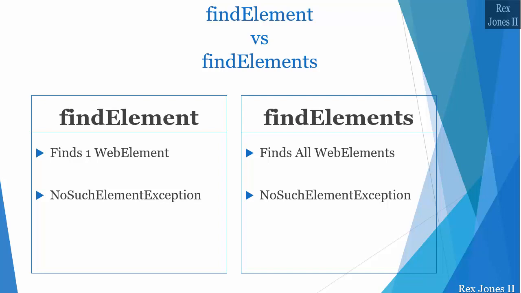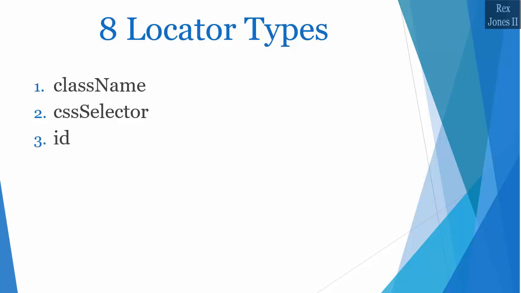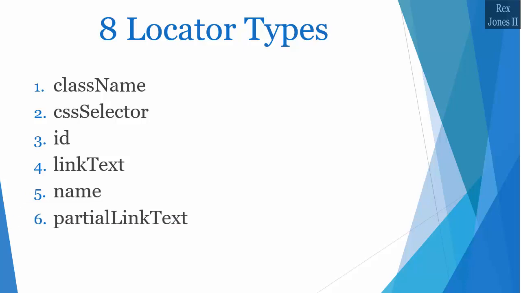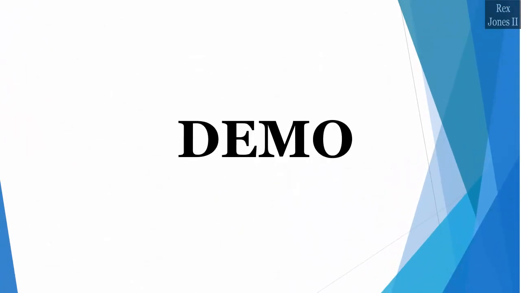Both methods use By class as their locating mechanism for any one of the 8 locator types. The 8 locator types in alphabetical order are class name, CSS selector, ID, link text, name, partial link text, tag name, and XPath. Now, let's get into our demo using